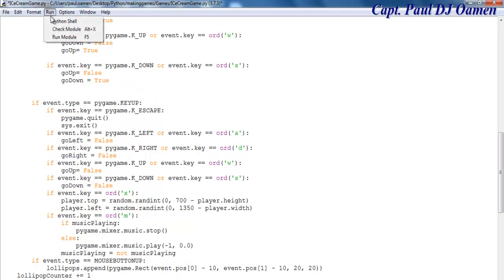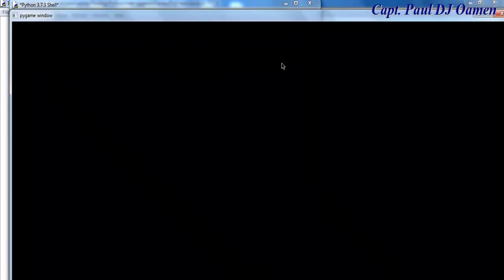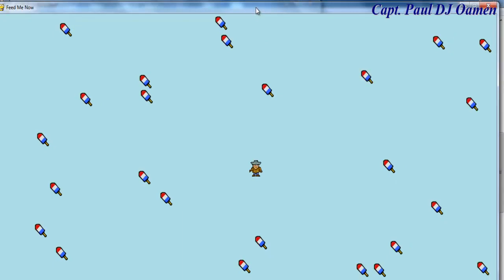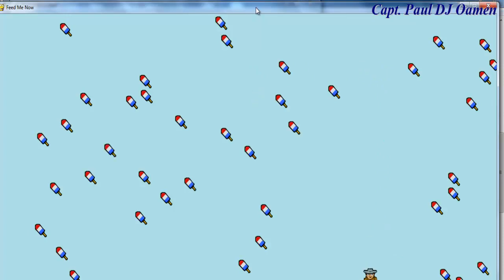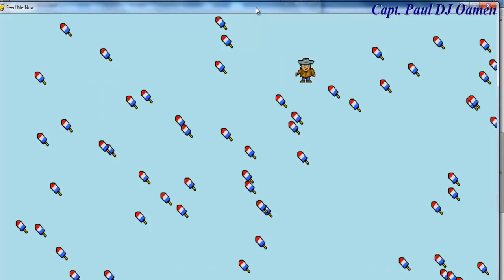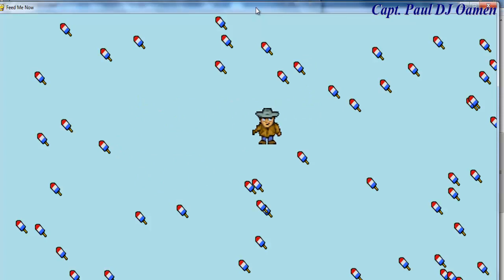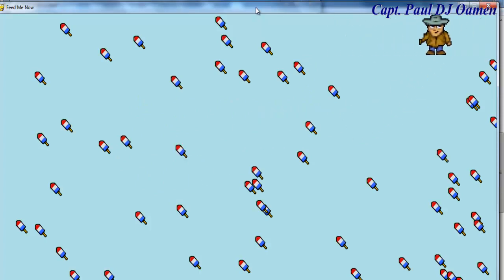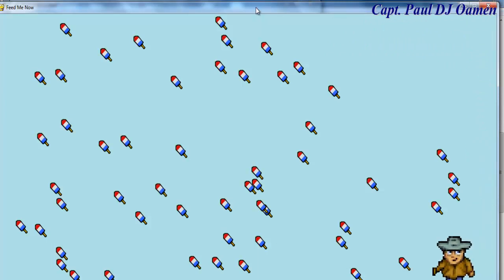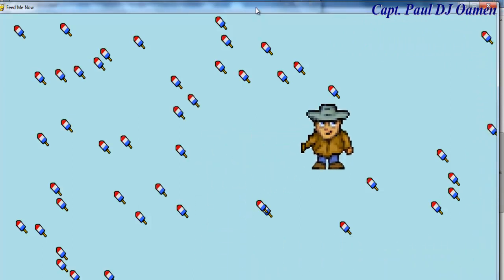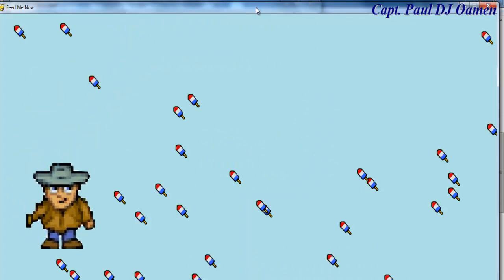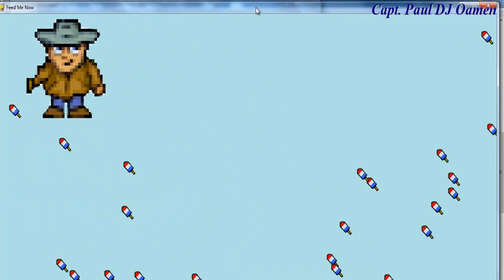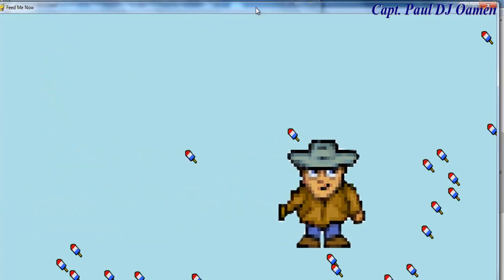So let's run this now and see how it's gonna look like. There we go, guys. Okay. Decision time. Yeah, another one generated. See the player getting bigger. The more IceLolli, the bigger the player is. The more IceLolli eating, the bigger the player is. You see that,